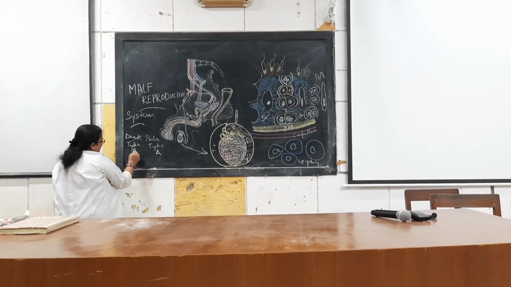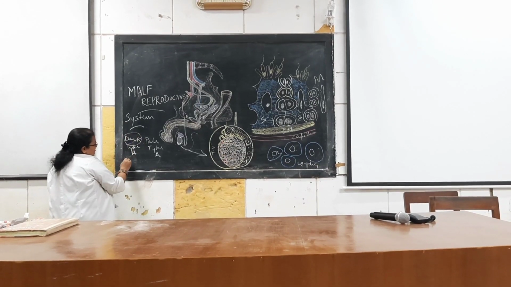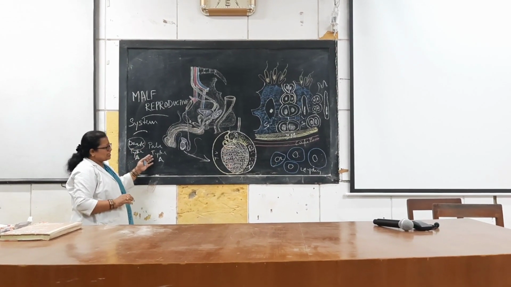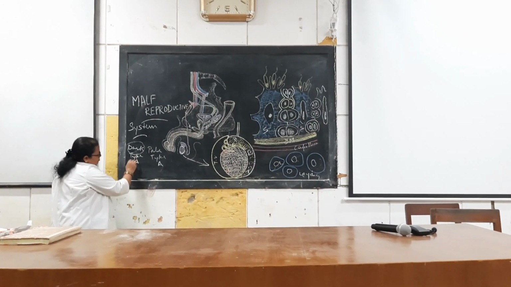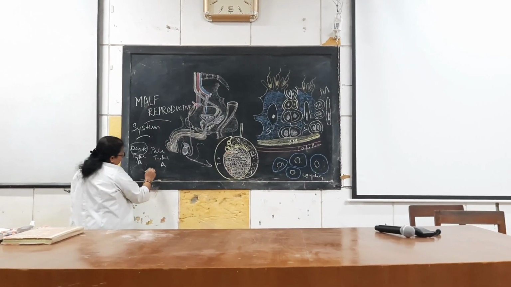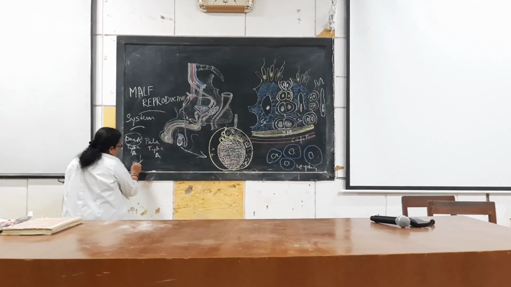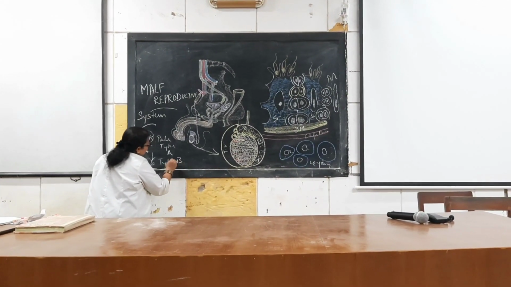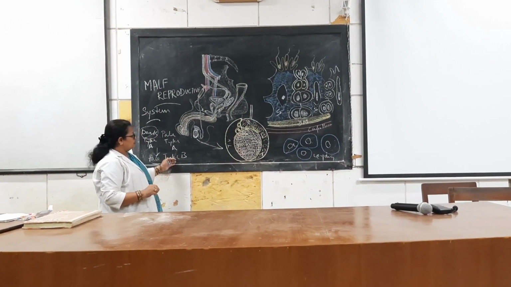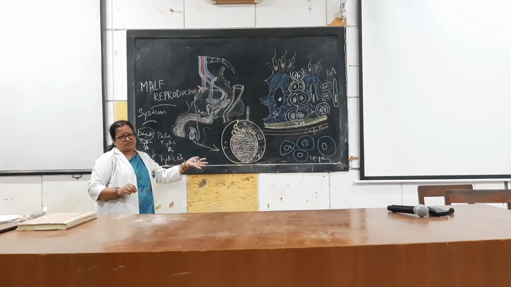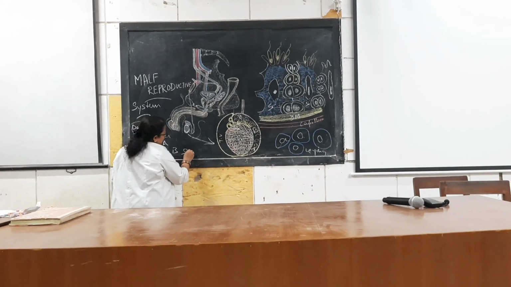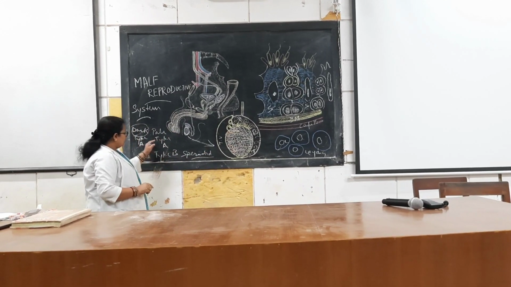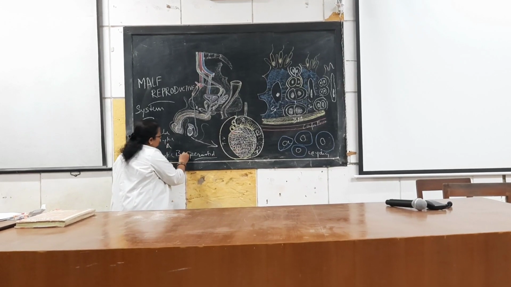Dark type A is mitotically active and it acts as a reservoir. And pale type A is mitotically inactive. So dark type A will go on dividing and it leads to formation of type B spermatogonial cells. These type B spermatogonial cells will undergo rapid mitosis to form spermatids. So from each one spermatogonial cell, we get 4 spermatids.